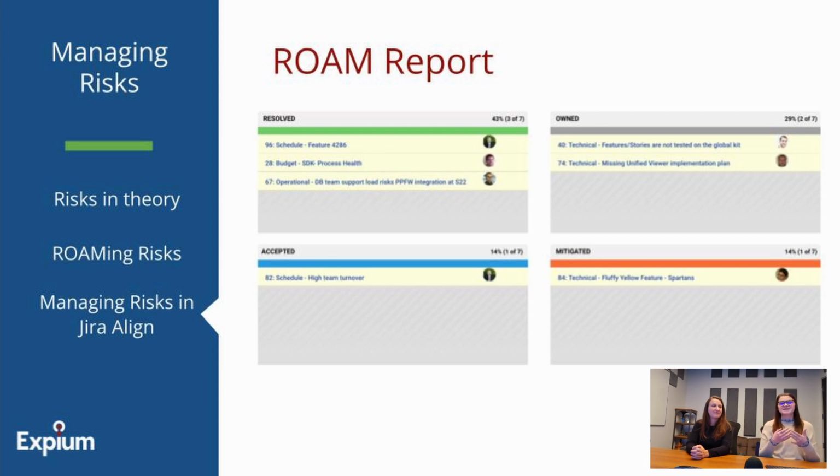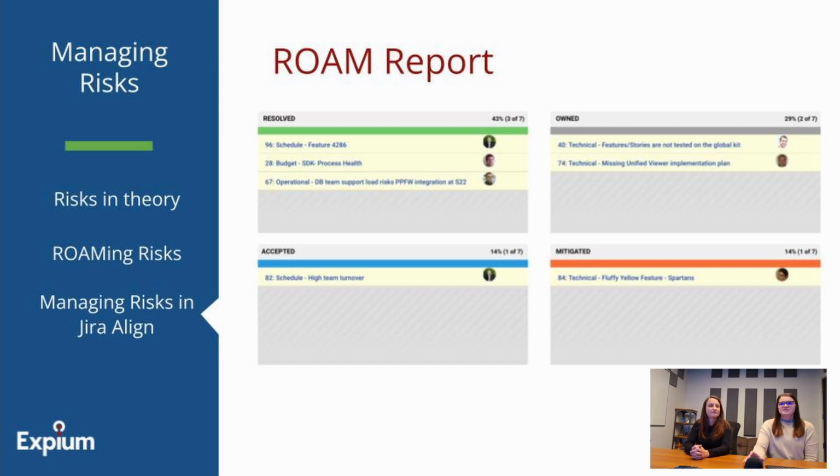What we hope to see is that they are resolving and mitigating risks using those statuses the most. But truthfully, especially with new trains who are new in the tool as well, we often see a really high amount of accepted risks. And I'm going to get back on our soapbox and say that what we really love to do is work with our customers to help them realize that that is really how they're managing risks. They're accepting a lot of them, and work with them, as Elizabeth described, to really see if we could actually resolve, mitigate, or if someone can own that risk so we can resolve it or mitigate it in the future as well.